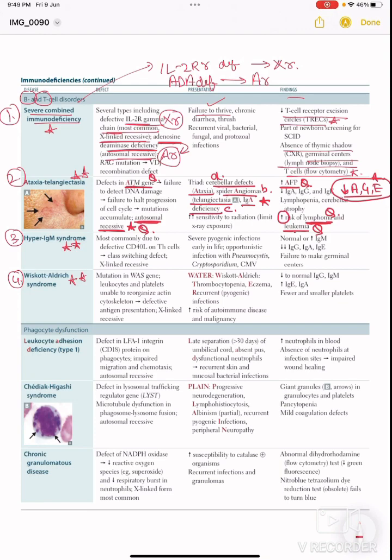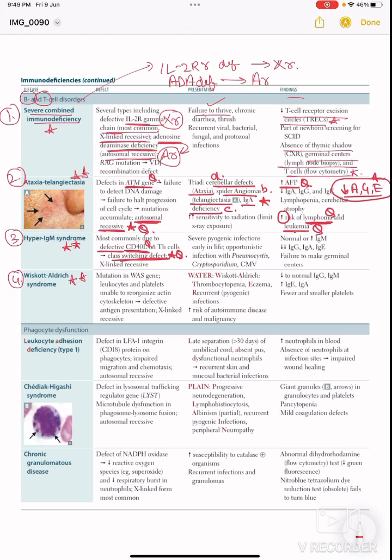Now coming to the third thing, hyper IgM syndrome. See, the main defect in this particular problem is CD40 ligand defect. CD40 ligand actually binds to CD40 on the T helper cells, which is important for class switching, and this particular class switching cannot occur. If you have read the chapter of class switching, you will come to know that